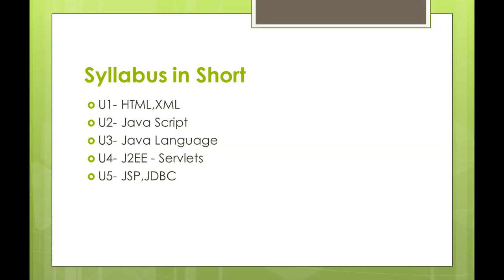In case you want to learn PHP, rather than learning Unit 4 and Unit 5 related to Java, that is J2EE and JSP, you could learn the similar things in PHP, or in Python, or in Active Server Pages, ASP. There are so many technologies relevant to Java, but as far as your syllabus is concerned, Java is taken into account because Java is more powerful compared to other languages like PHP or ASP. That's why it is included in your syllabus. All right, this is all about the syllabus, Unit 1 to Unit 5, right?